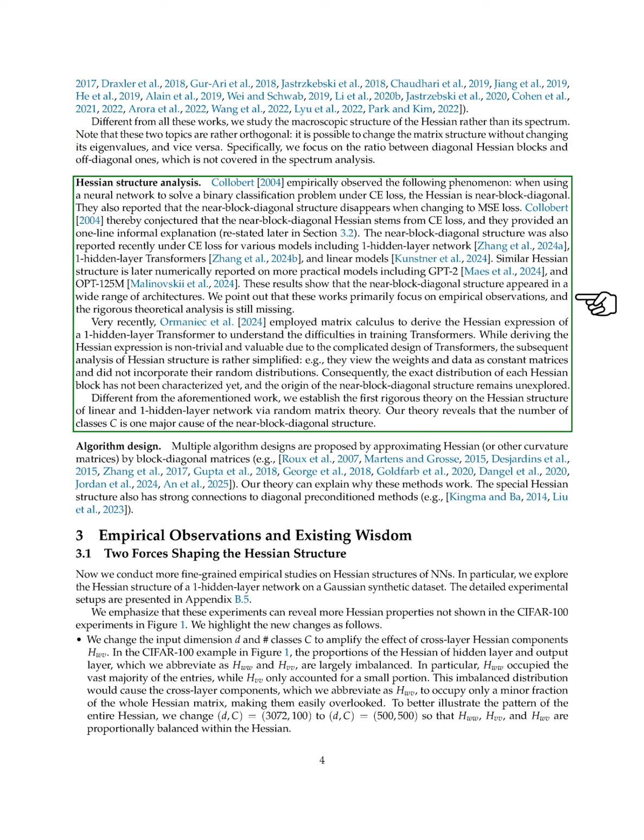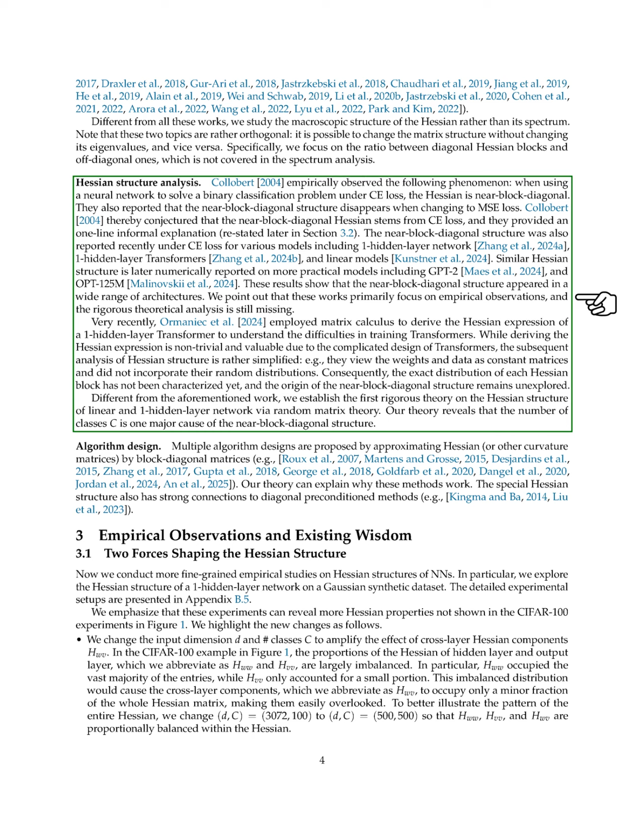In our analysis of Hessian structure, we observed that when using a neural network for binary classification with cross-entropy loss, the Hessian tends to be near block diagonal. This structure disappears when switching to mean-squared error loss, leading us to conjecture that the near-block diagonal nature is a result of using cross-entropy loss. This phenomenon has been noted in various models, including one hidden layer networks and transformers, indicating its prevalence across different